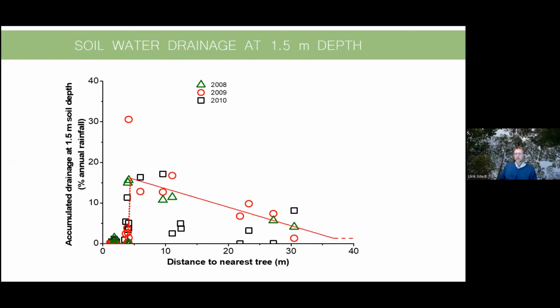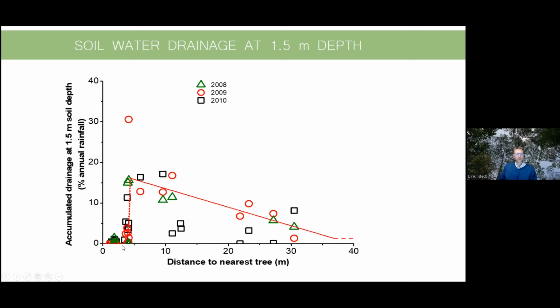And the pattern that we got was, if you look at this picture, this is summarizing how far these measurements were from a tree trunk. And on the y-axis is how much water has reached this collection point, 1.5 meters down in the soil. How large a percentage of the rainfall over a year reached there. So the percentage of the yearly rainfall. And what we could see is